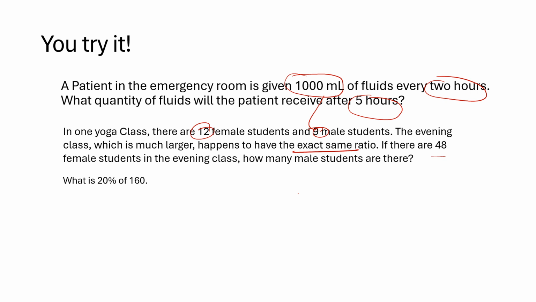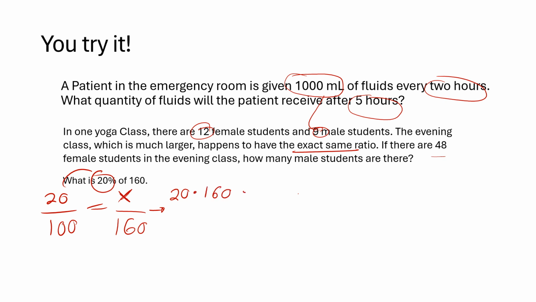Next one. What is 20% of 160? Well, pretty easy. 20% of 100, that's where we get this. We need to figure out what is blank percent of 160. We don't know what 20% of 160 is, so that's our x, but we do know what 160 is. What you need to do now is go 20 times 160, which is 3,200